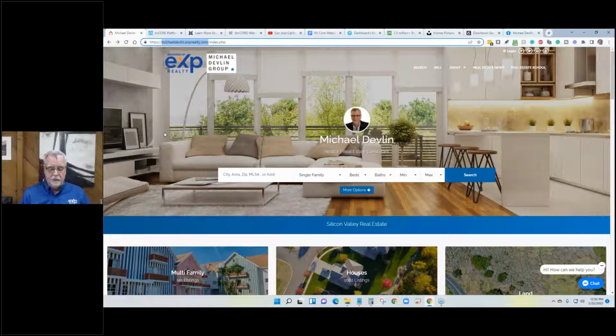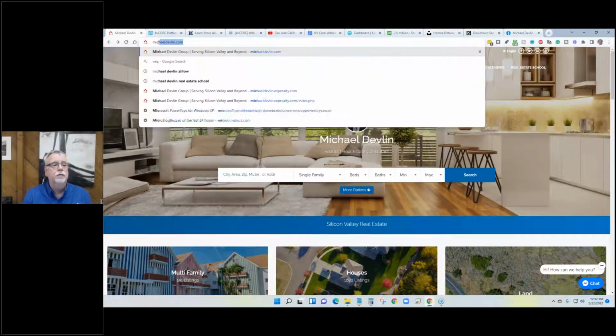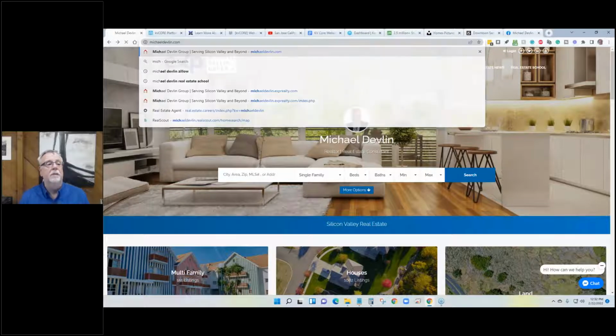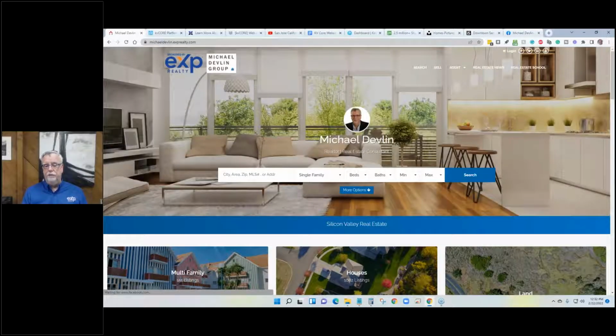Easy peasy, right? The other thing you could do is register your own personal domain. For example, if I type in michaeldevlin.com, which is a domain I have registered from GoDaddy, notice it goes to the same site. Those of you in my group and my team, people I've mentored, you'll notice in my launch document, the things I put together of all you need to do to get your real estate career going,